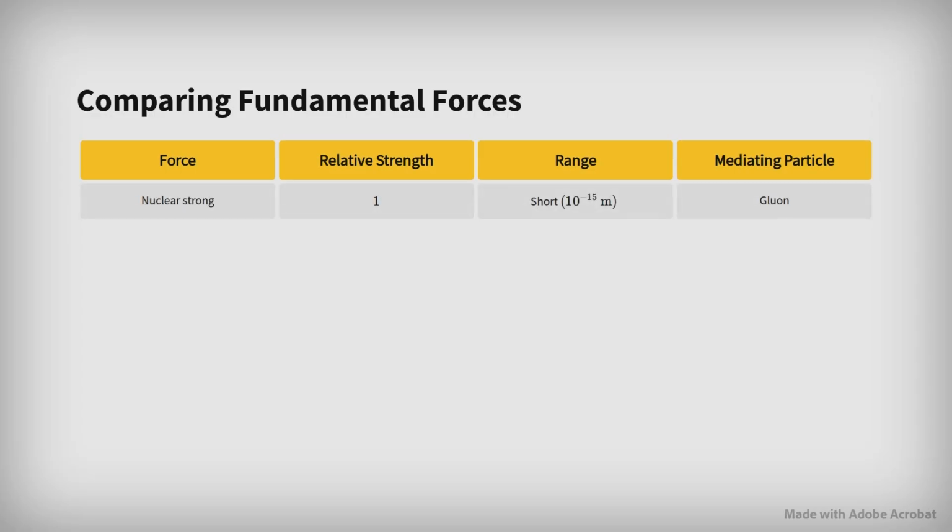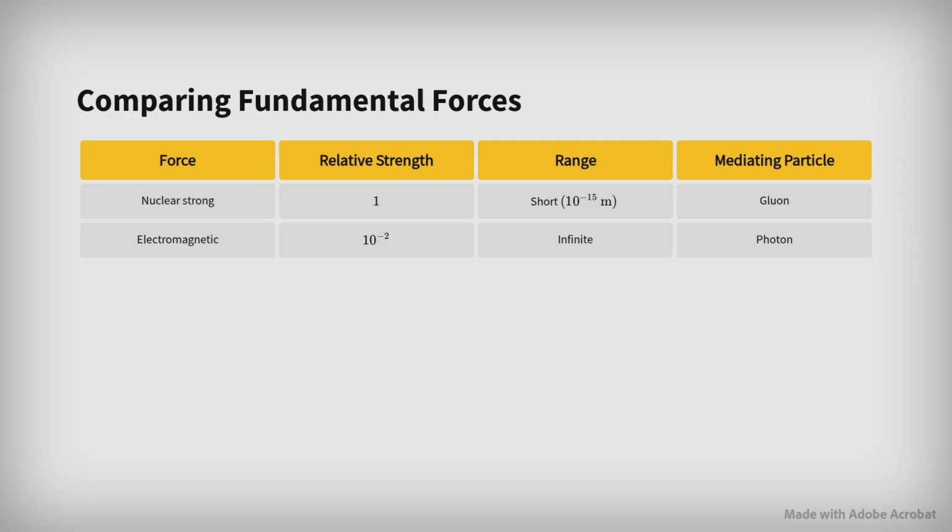The nuclear strong force has a relative strength of 1, acts over a short range of 10 to the power of -15 meters, and is mediated by gluons. The electromagnetic force has a relative strength of 10 to the power of -2, operates over an infinite range, and